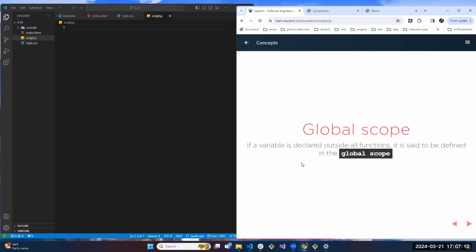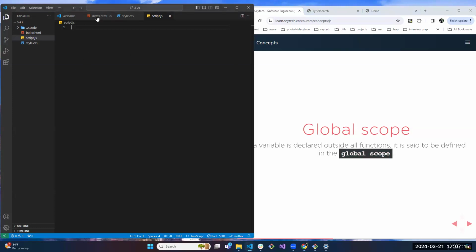So imagine your code. For example, I just created index.html and just connected this script.js. So there is nothing else in this project. For example, if I create here a first name variable and let's say